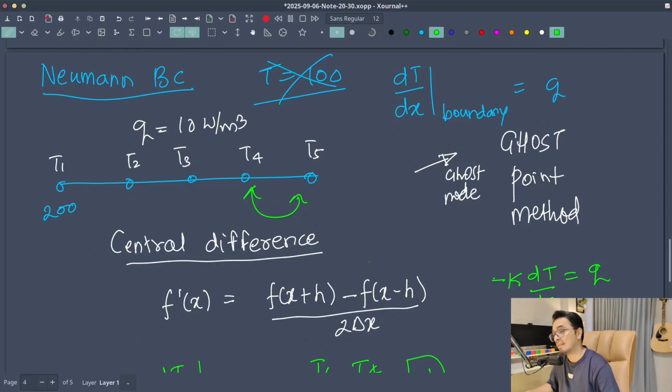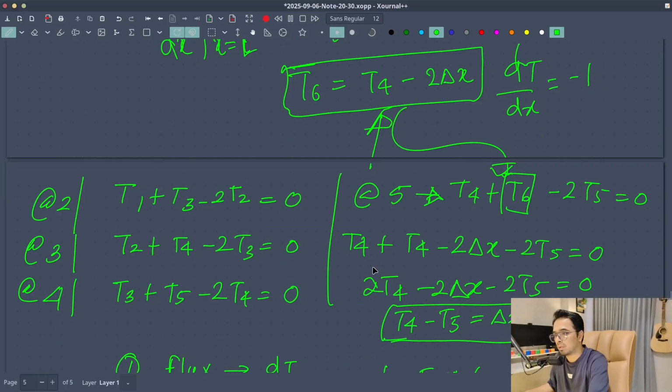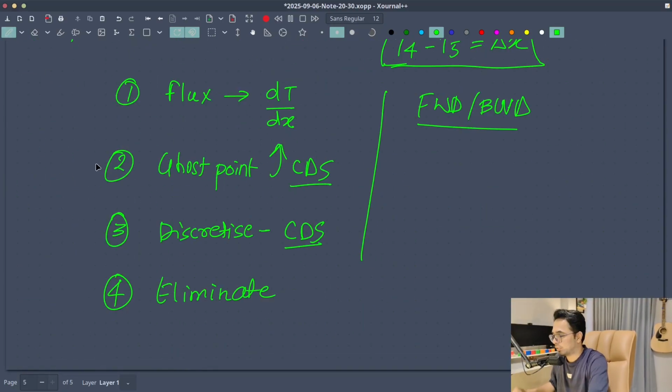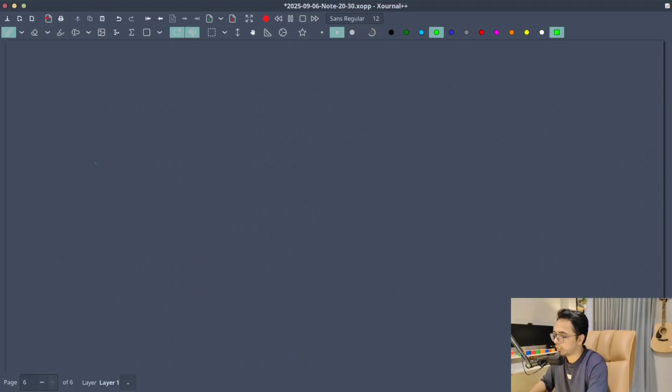And in fact, this ironically is the point which makes FDM a little cumbersome to use, because as we have seen in that video as well, finite difference method fails to handle complex geometries, and especially this ghost point method, applying that in its true sense becomes again very challenging, and we are talking about really complex cases. So that's that. So this was a Neumann boundary condition. Let us talk about the third case, which is the